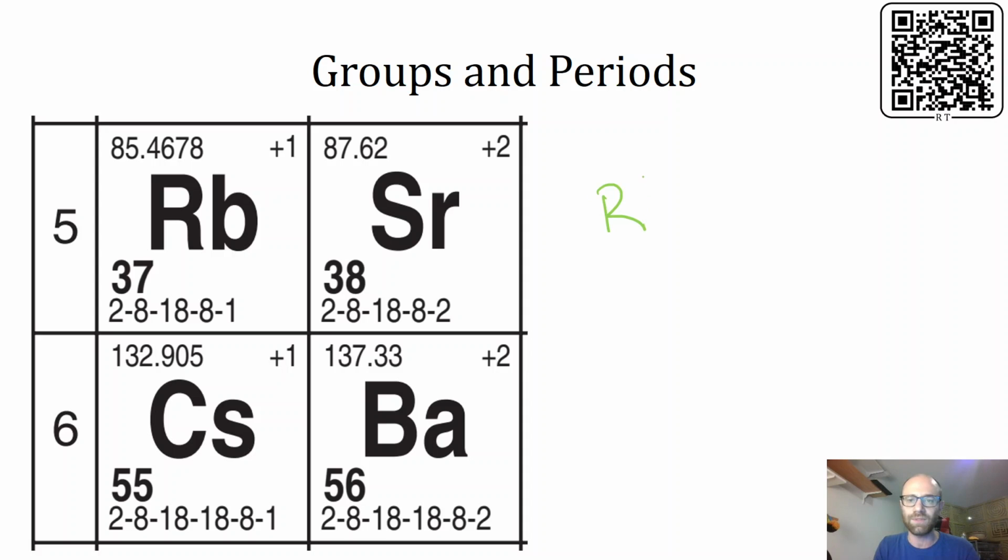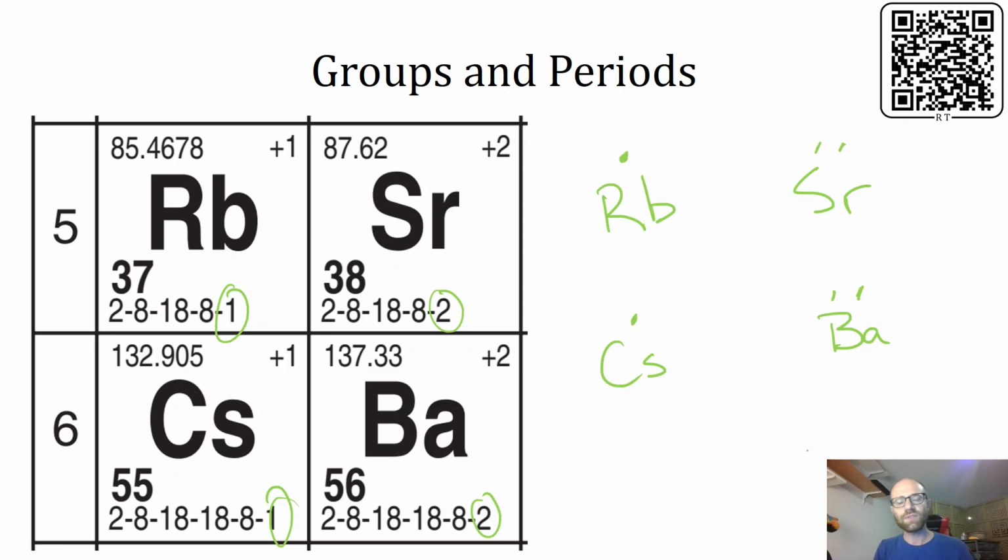So going back to these 4 examples that we have here, I'm going to quickly just copy over the element symbols so that we can look at the Lewis dot structures. Right, so filling in our electrons, rubidium has 1 as its valence electron. Cesium also has 1. Strontium has 2 valence electrons. And barium has 2. So something we can already see is that within a group, it looks like the Lewis structures are the same. Element symbols are of course different, but the electron arrangement is the same,